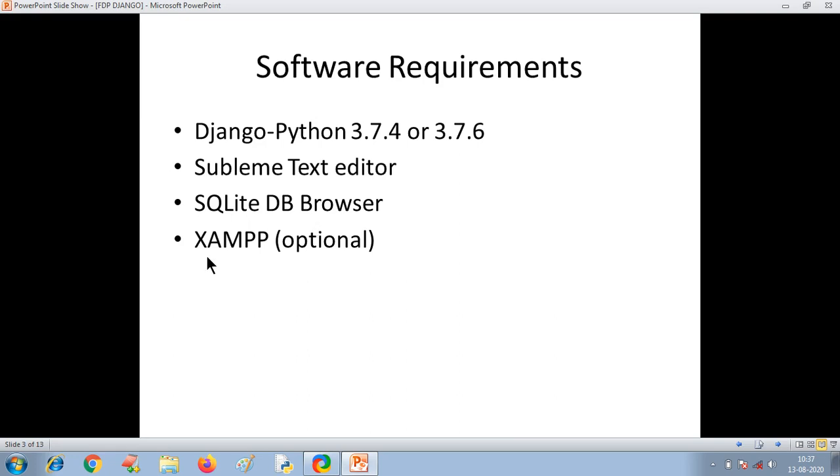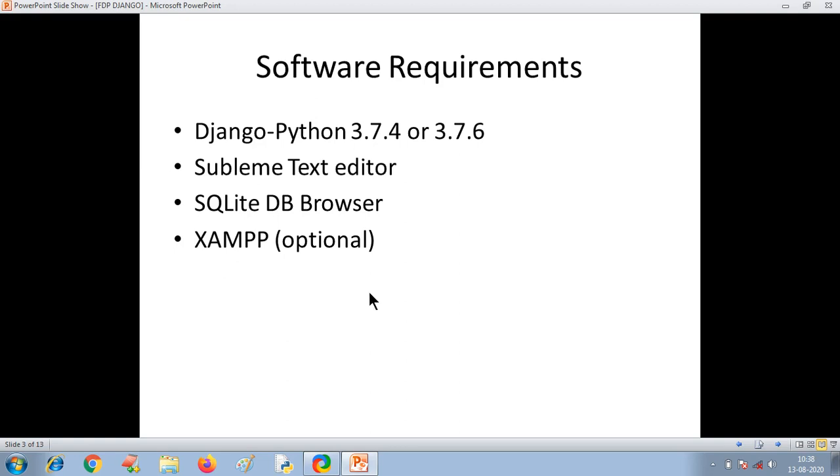And this is the XAMPP software. Installation of this one is optional. If you want to use some other servers, MySQL server, then you need to install XAMPP also. I am using SQLite here in this video series, that's why I am not installing this one. If you want to use MySQL server, you have to install XAMPP server also, right?